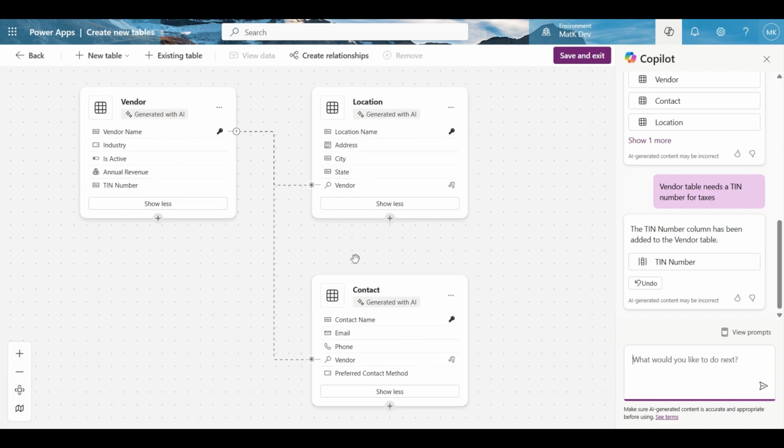Now, just because we're working in Copilot doesn't mean that we're restricted to this view. I could click save and exit and go modify these tables specifically like we saw in the previous demo